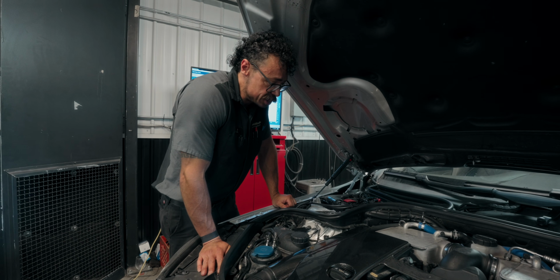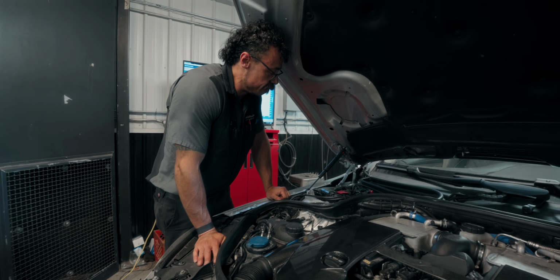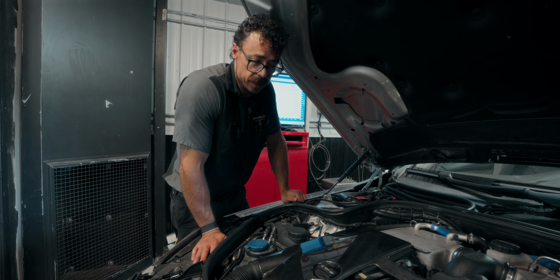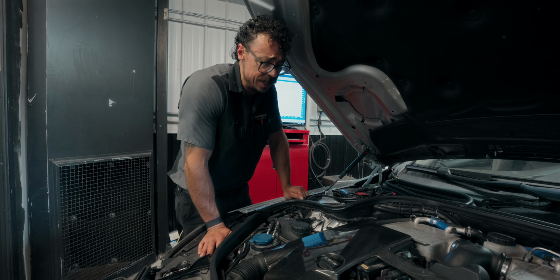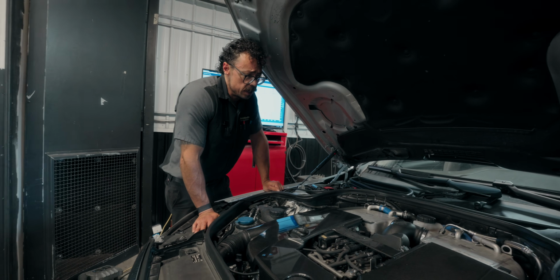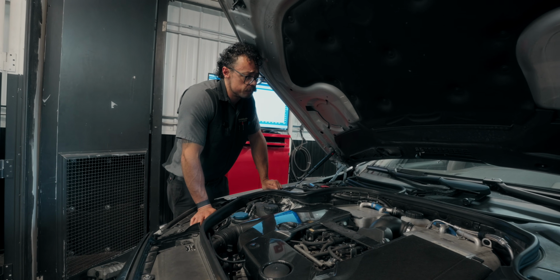I'm not 100% sure what's going on here. You always got to think back to something you did, what we could have done, but typically you'd see a check engine light with some sort of fault or something not reading right. I really got to think pretty